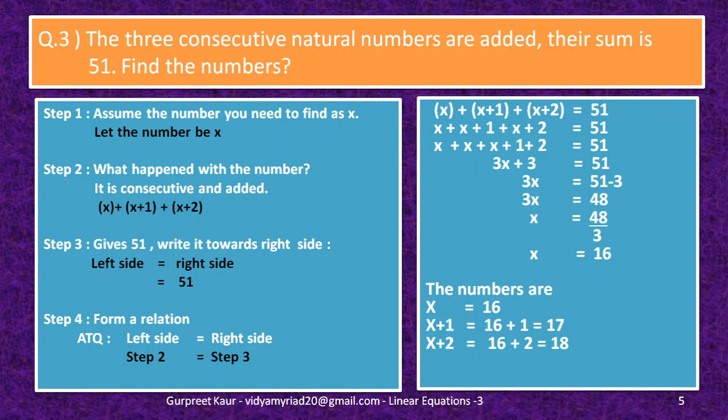Now, I have a doubt whether my answer is right or wrong. So, what I can do is, I can recheck in my rough column, add all these numbers. 16 plus 17 plus 18, their answer will come to 51. If suppose it is not coming to 51, that means you have done some mistake, you can find out. So, always recheck your answer. I keep giving you the tips when to check.